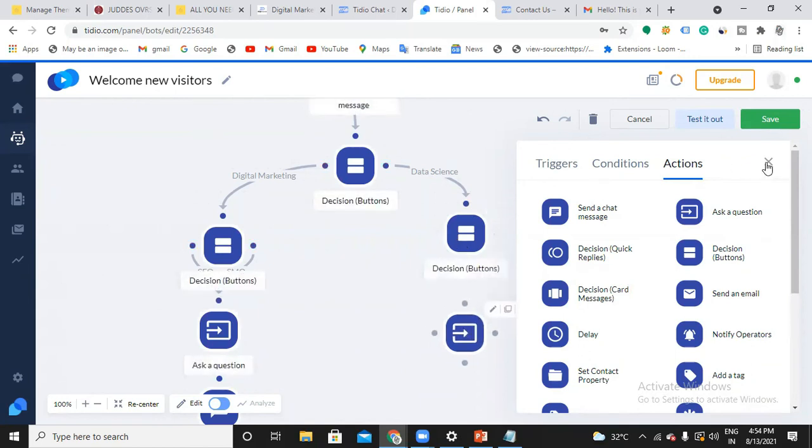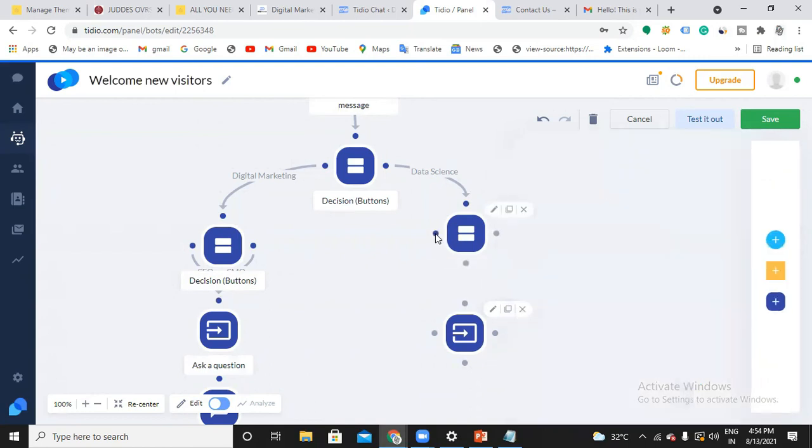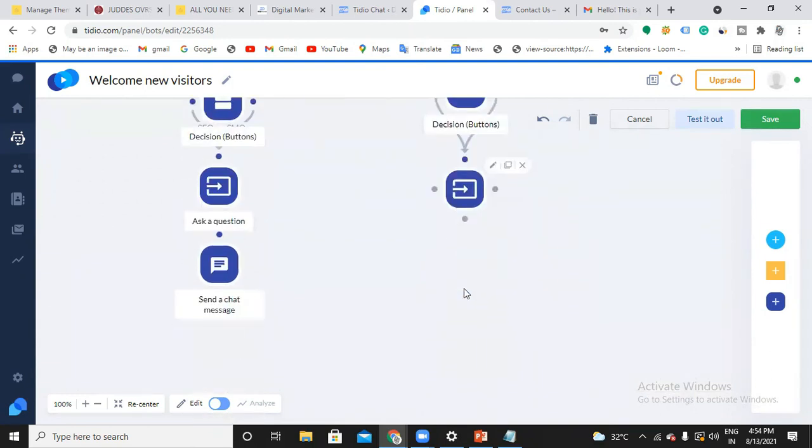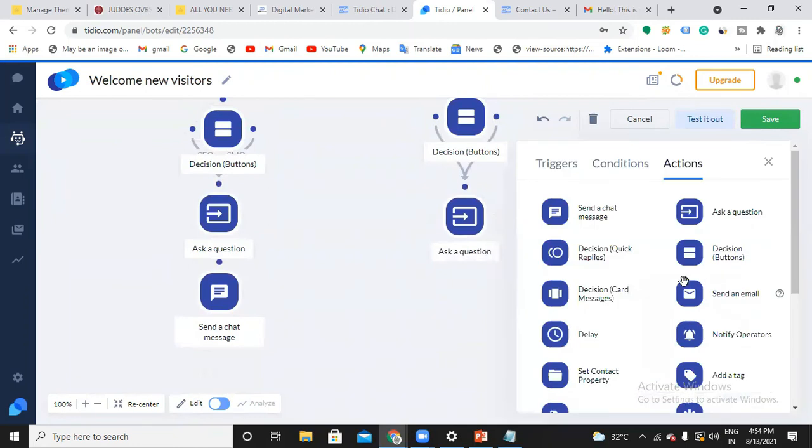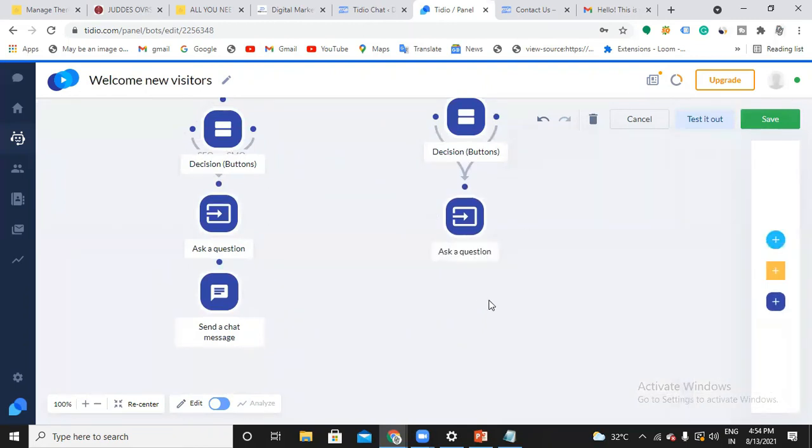Okay, so for both actions right here, if they click online, I have to show them the same message. And if they click on offline also, I would like to show them the same message, right? Yes. And what is the next thing? I would like to show them the chat. Yes, so we'll go with the normal send message, like thank you for reaching out.